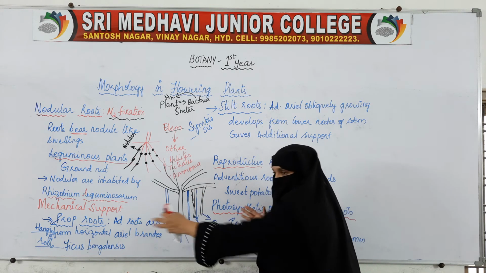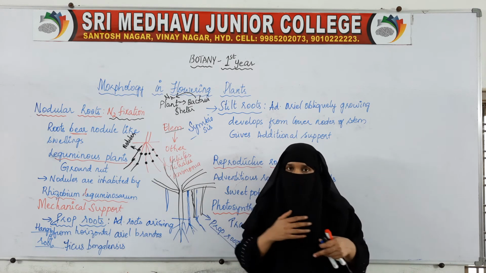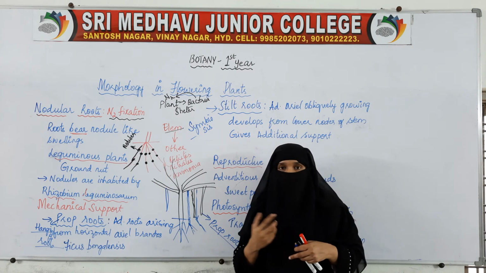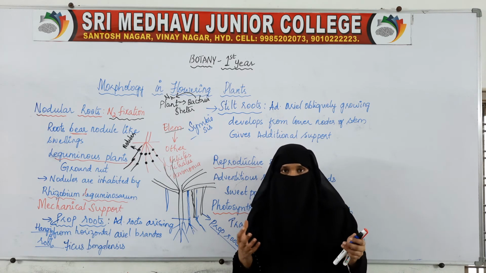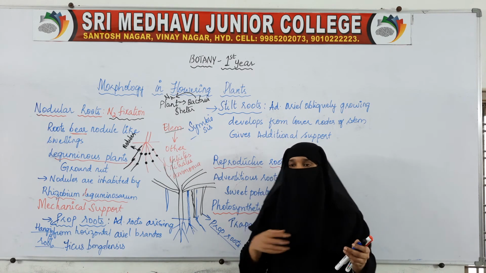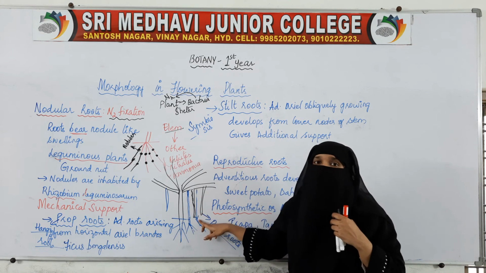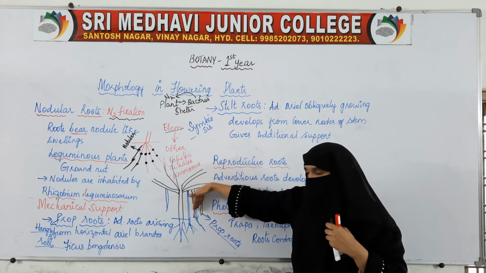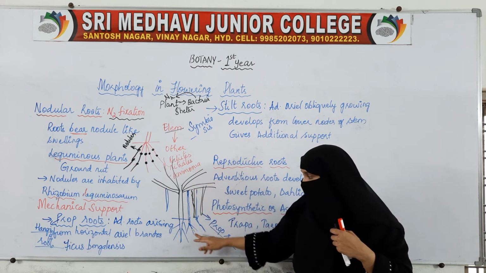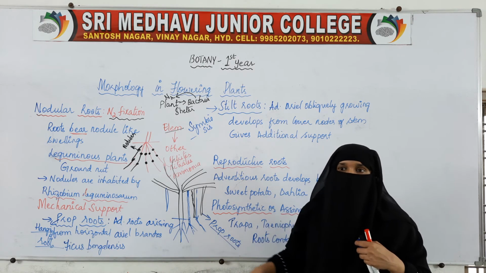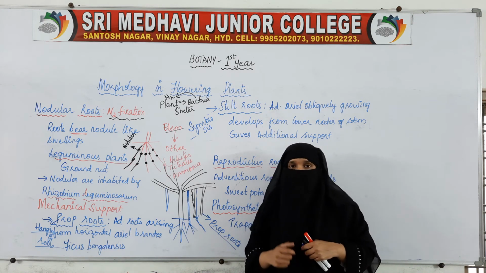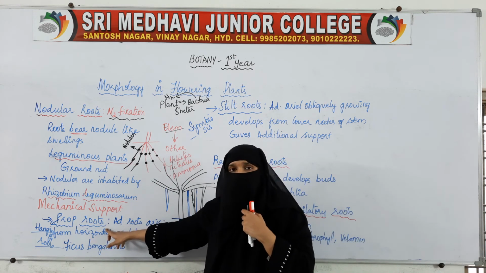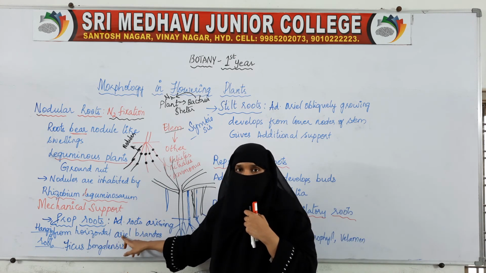Now the root system is spread over a very large area and the tree is also spread over a very large area. It is a very big tree with so many branches. So in order to give additional support, we have prop roots or hanging roots. At first the roots will be hanging. Now slowly they will grow and move towards the ground and fix themselves inside the soil. Such types of roots are called prop roots or hanging roots.